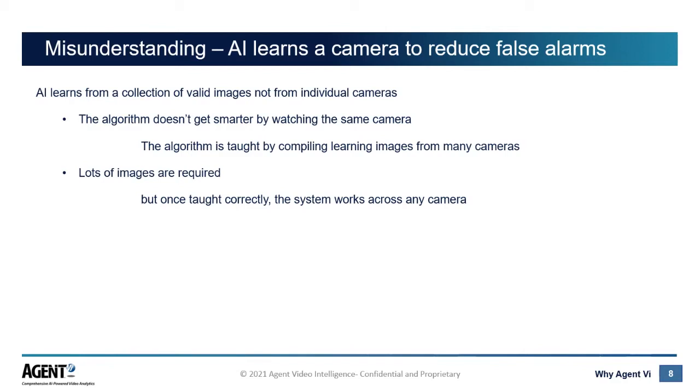Now, a lot of this problem comes from analytics companies in the past. They were actually pretty good analytics companies in their day. They would have a feature where you could click on a false alarm and they'd say, well, we'll teach the system to ignore that false alarm. But they weren't actually, at that point, reteaching the model. All they were doing is tweaking the parameters on what was basically a VCA algorithm. The way that AI works is it's already trained through positive images.